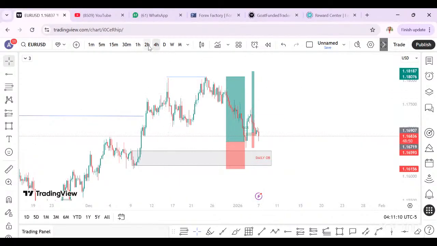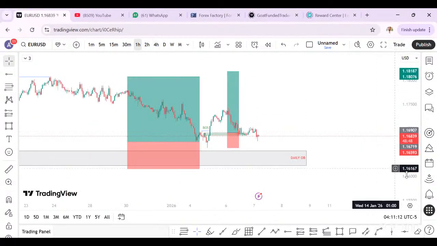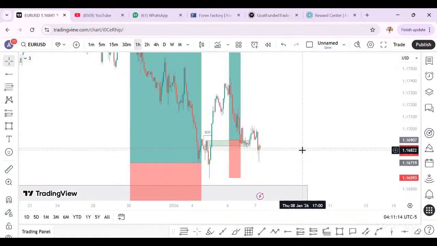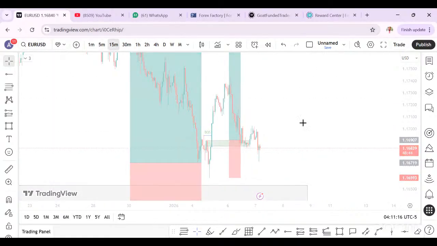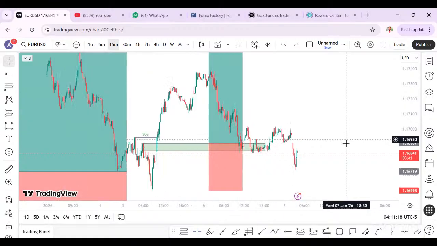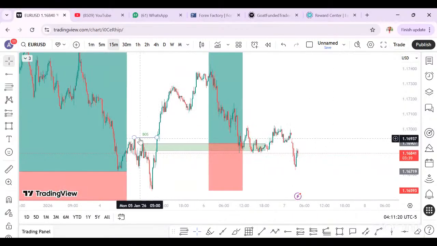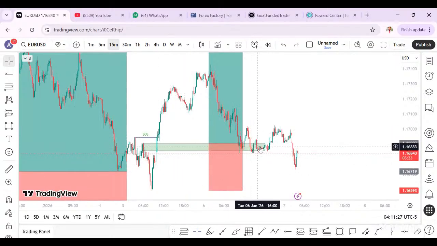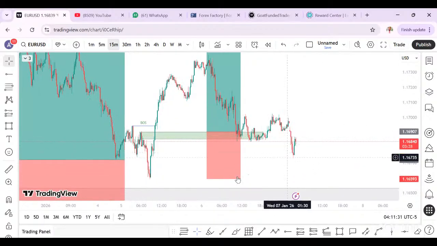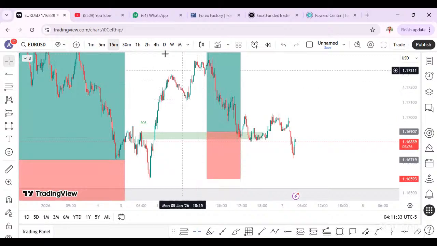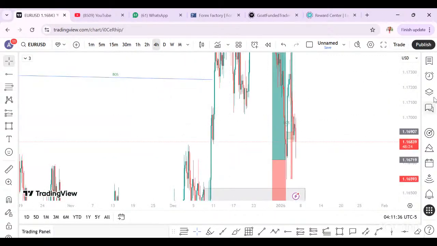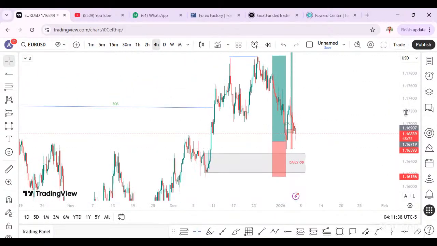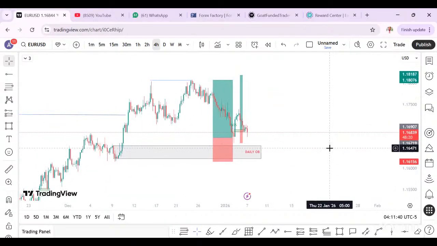Now, yesterday when we came to the smaller time frame, I discovered that we have a kind of displacement, a kind of change of character in 15 minutes. And I said, this is a very good displacement on 15 minutes. So I called for entry here. Price activated us and gave us this. So let's watch. As long as price has not hit the stop loss, that trade is still valid. Let's see what will happen today before the end of the day.